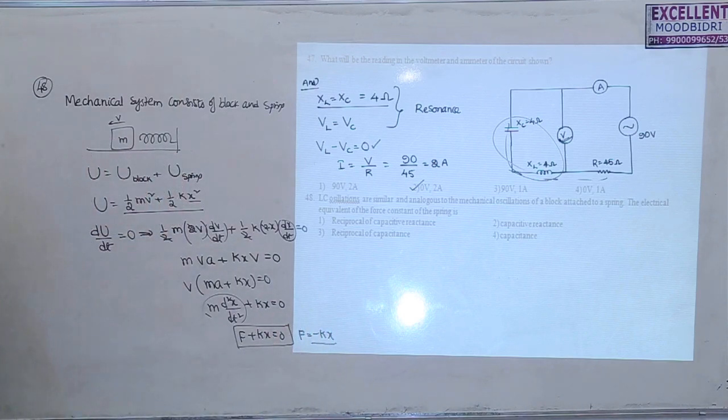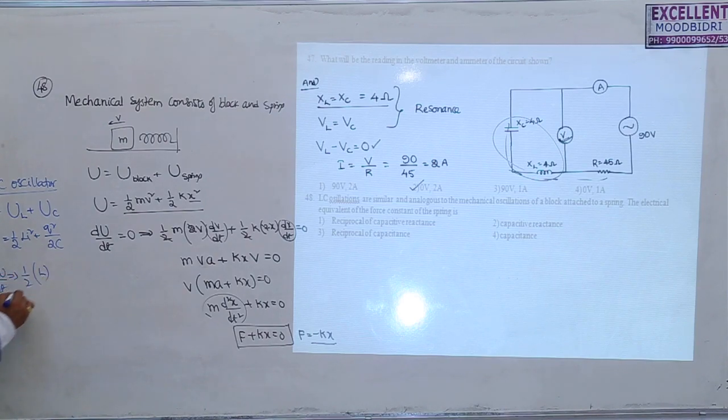Now if you take the capacitor and inductor circuit, the LC oscillator, the total energy is going to be energy in inductor plus energy in capacitor, which is half Li square plus Q square by 2C. So from this, as it is the total energy, you can write half, du by dt.